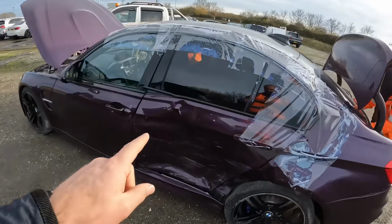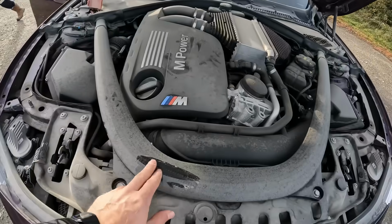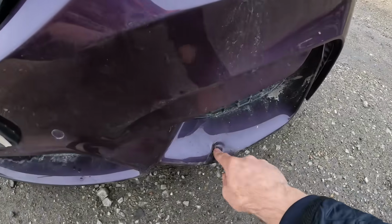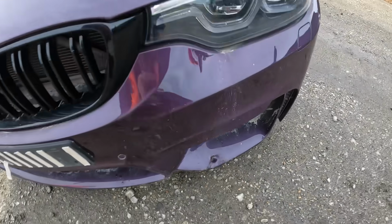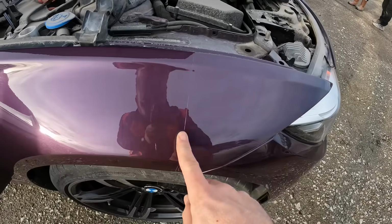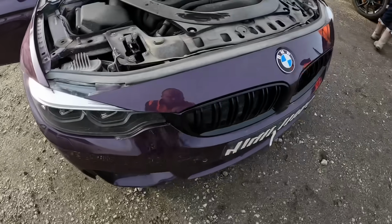So this is the lucky dip BMW M3 in such a cool colour. Look at that in there, look. See, it's been sitting for a little while, but all of this carbon looks all right. The carbon fibre there. If you come down the front here, it's taken a little bit of a shunt, and this is obviously plastic, so I'm not sure how well that had come out, if at all. You come down this side, you can see here actually, look, someone has taken care of this car, wanted to take care of this car originally. It looks like it's got some kind of PPF film there. You can see the line, and so this whole front clip looks like it's been